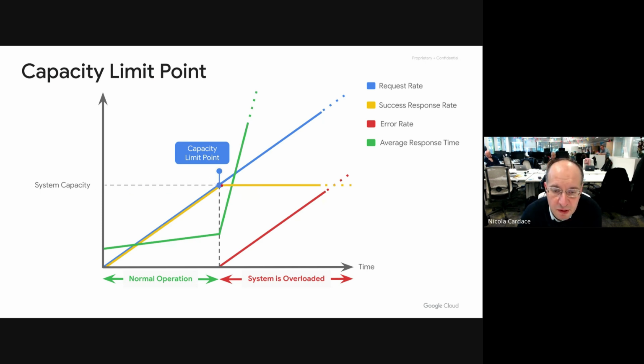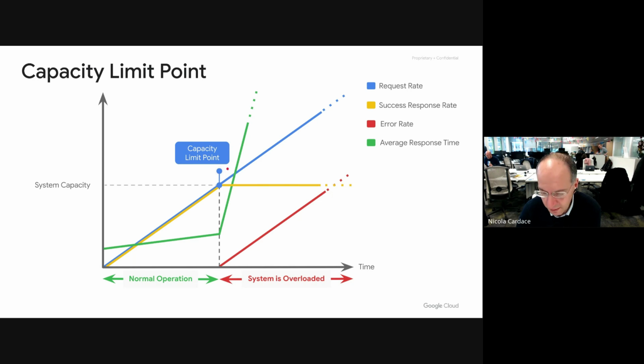From this point on, what is the main difference in the behavior if you look at the black box? Before, you had a reasonable, acceptable response time for your synchronous API calls. From a given point onwards, you see this kind of knee effect. Suddenly you start seeing errors that you did not see before. These errors may be HTTP error codes. There may be timeouts in the clients while waiting for the response, because at the same time you see that the response time from the server is going up on average, or the P99 percentile is shooting up until a point in which everything is not acceptable anymore.